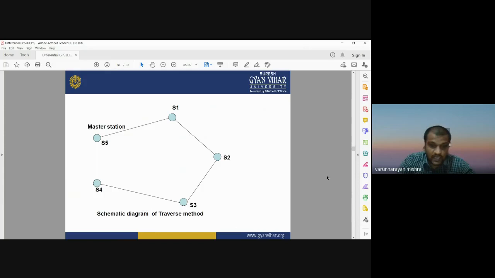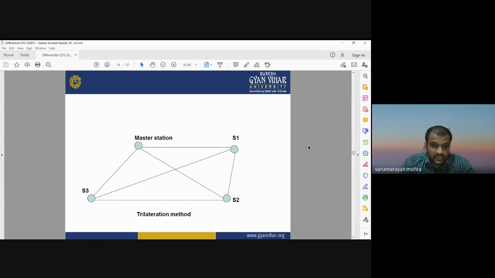Another is that you can have this kind of surveying also. Okay, you can have the closed loop survey. You can have the loop. You can have some closed boundary for getting the data sets, including the master station or base station. Here it is open circle, it is in the closed circle. So there is a base station, and you can start from the base station, then move in this way, and you can end where the base station is established. So in this way you can have the systematic diagram of the traverse method. Okay, this is the way.